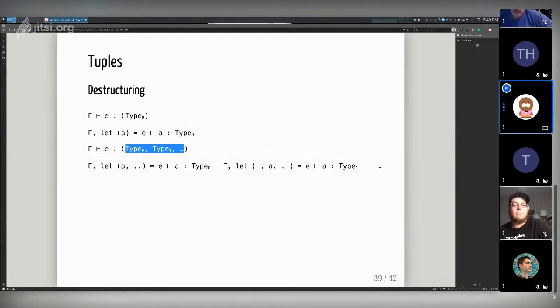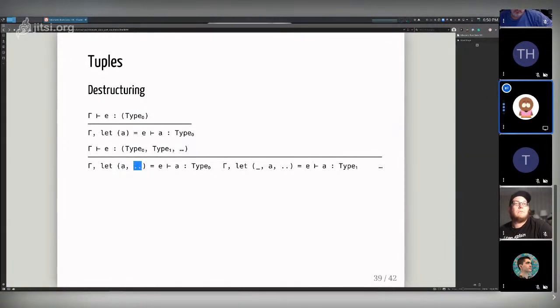And so the let binding in a case where you have multiple fields in a tuple is a little bit more complicated, right? You can use this ... syntax, which we'll go into a little bit, which will effectively say, I want the first thing, and for all the rest of the fields in the tuple, I don't care. Just ignore them.